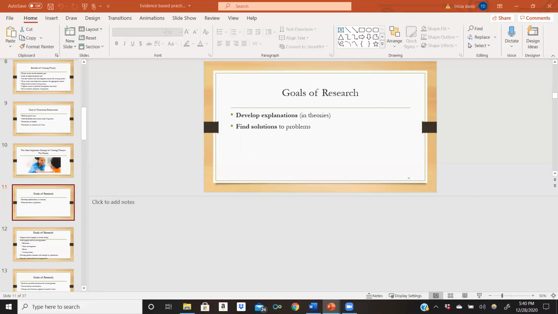So we're going to talk about what are some goals of research. So we want to develop explanations in theory. The ultimate goal of expanding a nursing body of knowledge is to learn improved ways so that we can promote and maintain health within our patients. So what worked 25 years ago might not necessarily work right now. And a good example of that would be, I've been a nurse for 6 years, and